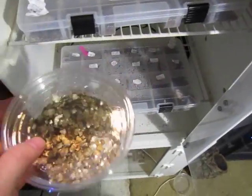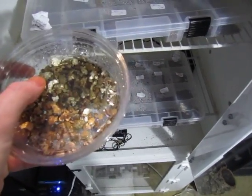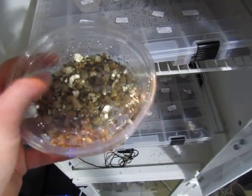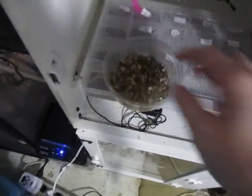First, you can individually put vermiculite or perlite into a deli cup. Poke a couple holes in the top. If you don't poke a couple holes in the top, you'll have to open it up about once a week to refresh the air. And then what you can do is write either with a Sharpie on top of it,